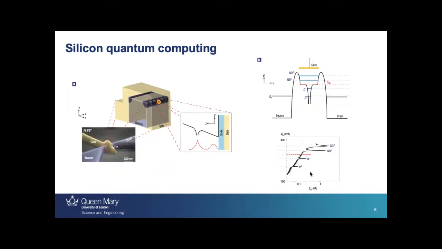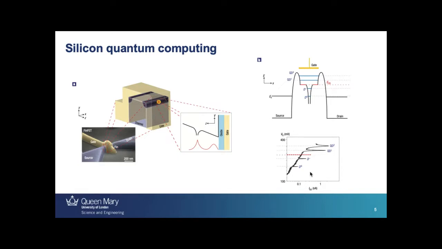And around about the same time as we were looking at those donors with a scanning tunneling microscope, we also got very small silicon transistors. So if you look at your phone or your laptop now, the transistors in there, I think they're called the 14 or the 7 nanometer node. So that means that the critical dimensions of these transistors are 14 or 7 nanometers,